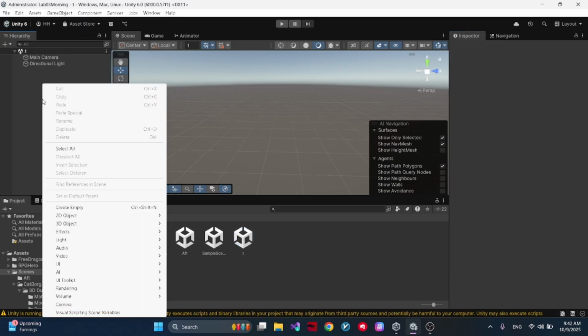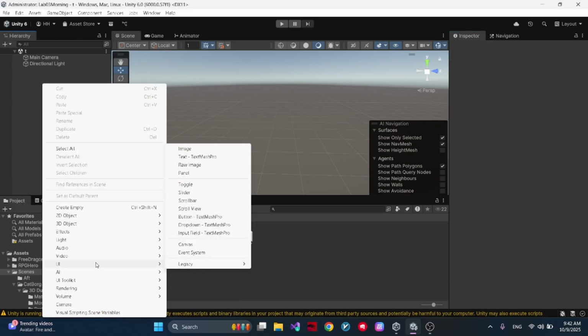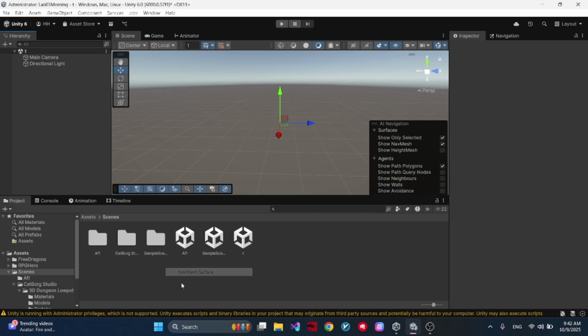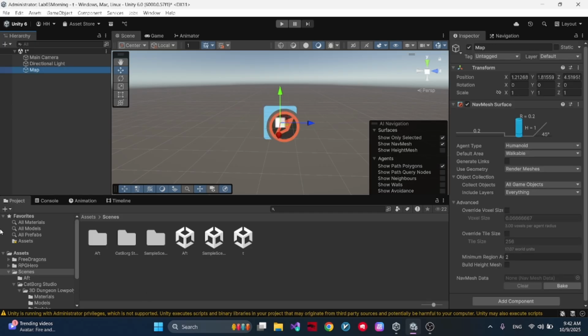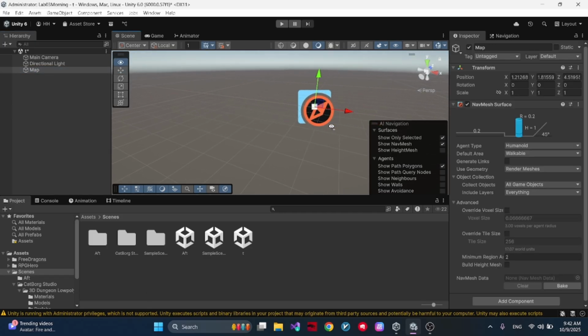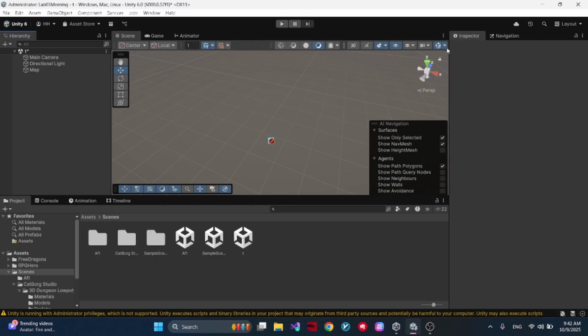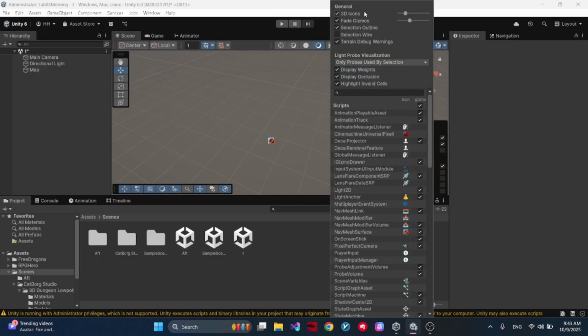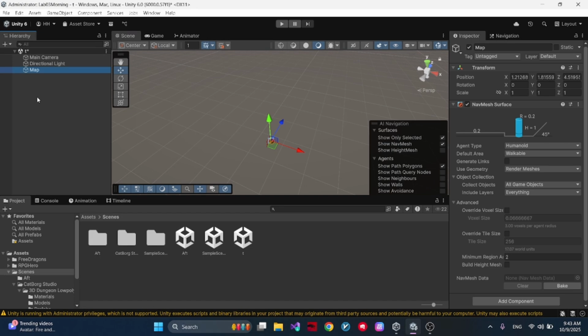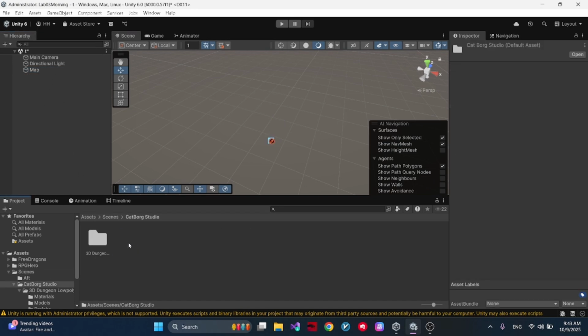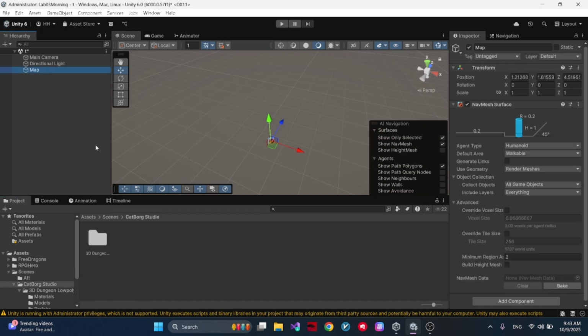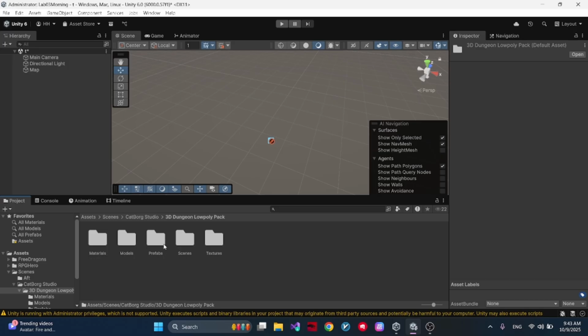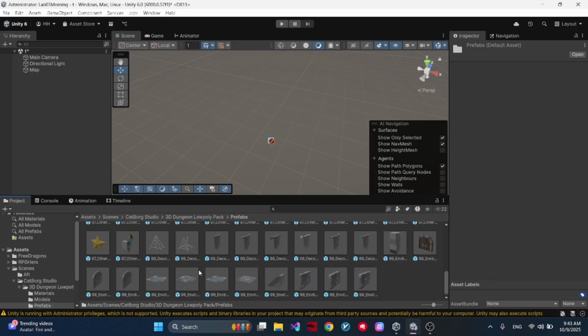And the first thing I'm gonna do is create a navmesh surface. I'll just name it map for now, and I just make the icon smaller. And next I'm gonna put stuff in this navmesh surface. So I go to the assets that I downloaded